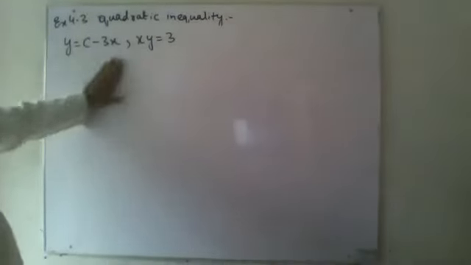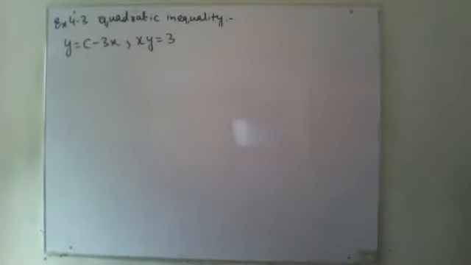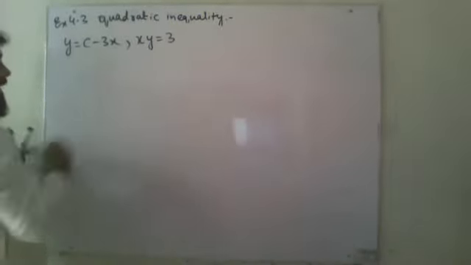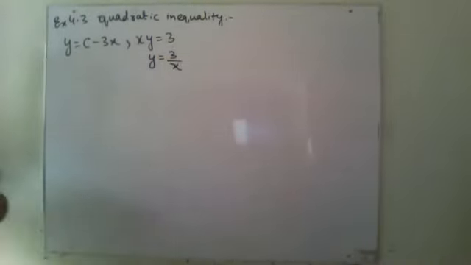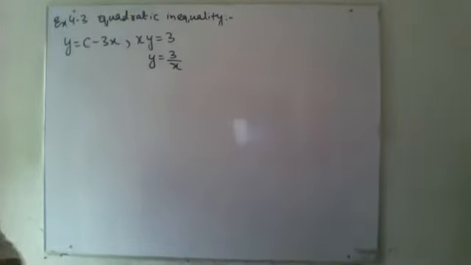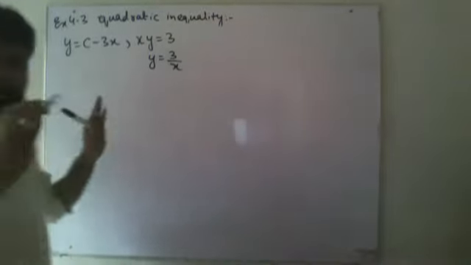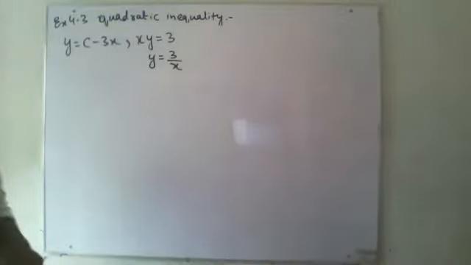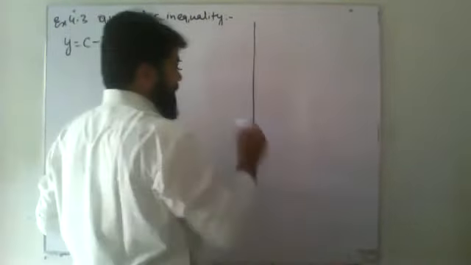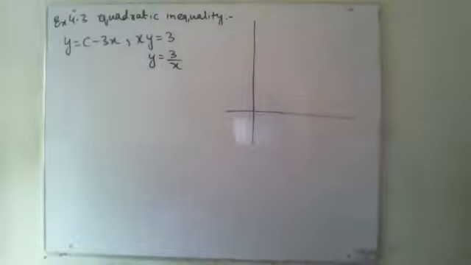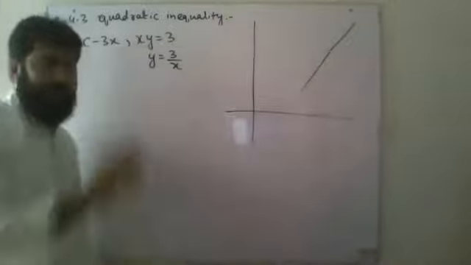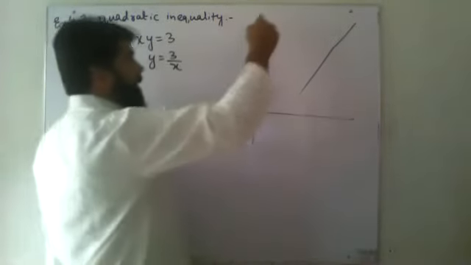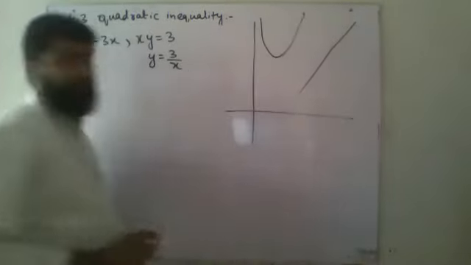So now they are saying that these two are not intersecting. So first thing I am going to do, this is in terms of y, I will make this one also in terms of y. Y equals 3 over x. Okay. So when a line and a curve are there, it can be at any point, I don't know at what point, but for instance, this is my thing, right? Maybe this is the line, just a rough line at any point, and maybe this is the curve, right?